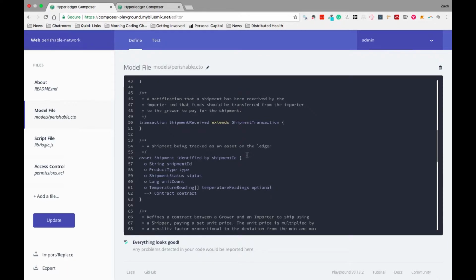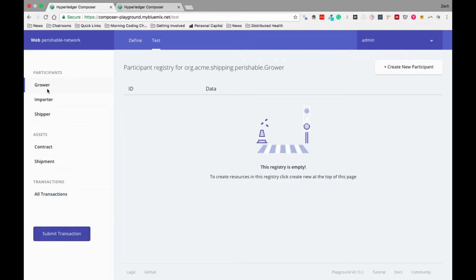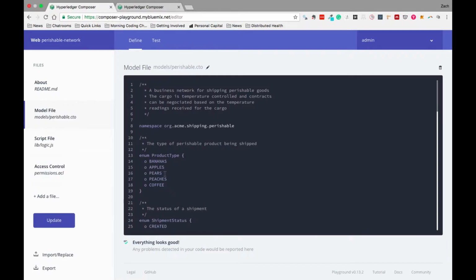In this video, we're going to be talking about the Hyperledger Composer/Fabric modeling language, which is found in our perishable.cto file. So in the last video, we were looking at this business network completely finished. I had taken you through a short demo of how to execute transactions, create participants, assets, etc. Now we're going to dig into the code and see just how one might go about building this very business